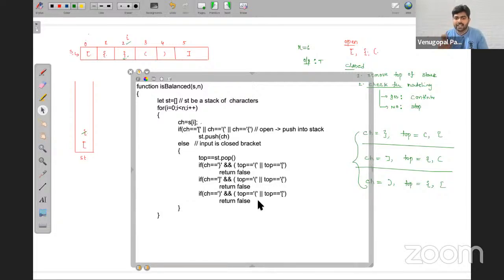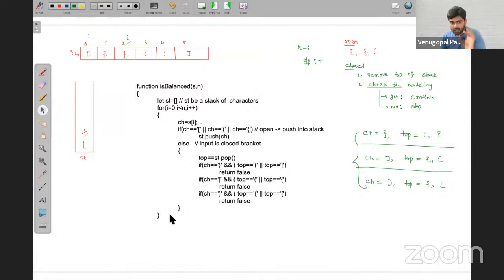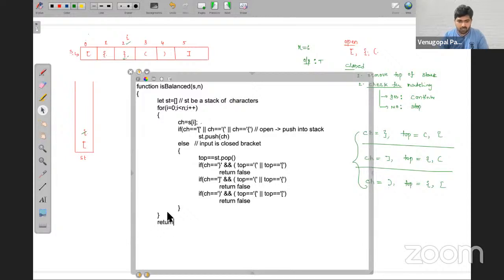But if it is not satisfying any one of these, then what does it mean? It means this expression is balanced. But we have to check one thing here, friends. What we need to check here? So here somebody saying we need to change this. Okay. See here, for now this is the basic code, and then you can return true. I hope till here is this clear? Till here we have not yet completed the code, friends. There is something more, but as of now, basic things are clear.